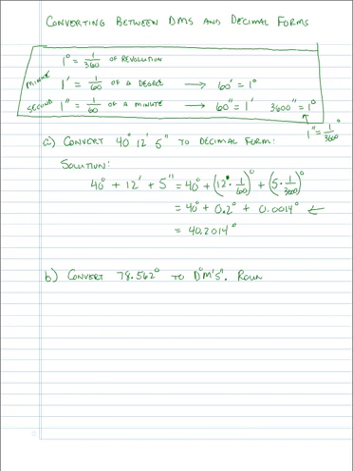Round the answer to the nearest second. Don't get confused with measuring time here. That's not what we're talking about. So, here's what we need to do. We already have the degree part of the DMS. So we're going to take this 78.562 degrees and think of it as 78 degrees plus